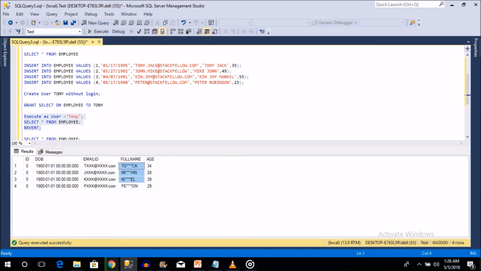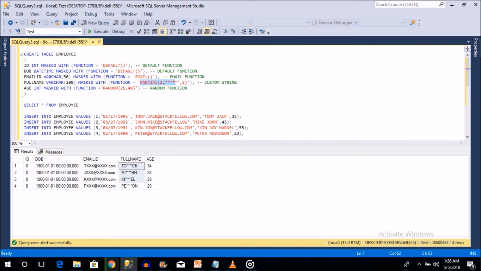On the full name, we applied the partial mask function, and you can see the first 2 characters and then the last 2 characters, but the rest of the characters you are not able to see because they are masked with stars. For the age column, we masked with the random function. What it does is give you a value between 25 and 40. It is giving 34 for the first record.